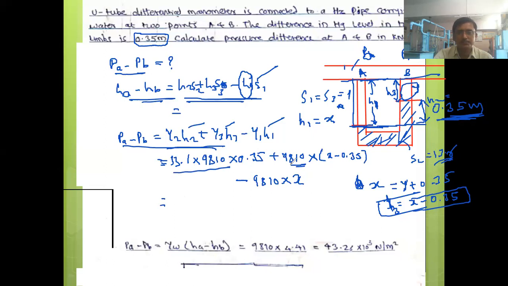So do the multiplication. If we multiply, what do we get? 9810X. This is the plus value, minus 9810X. So this will get cancelled with this one because it is minus here and plus here. So here plus 9810 minus 0.35. Are you getting my point? So do that calculation part. I am using this method first here. You can use this method or you can use this method also. Any one method can be used.